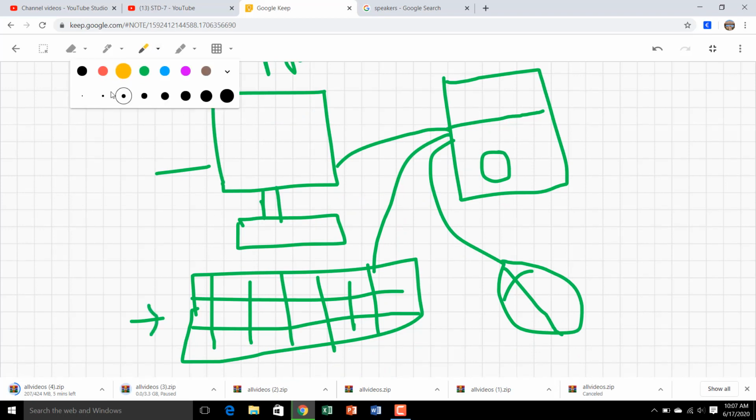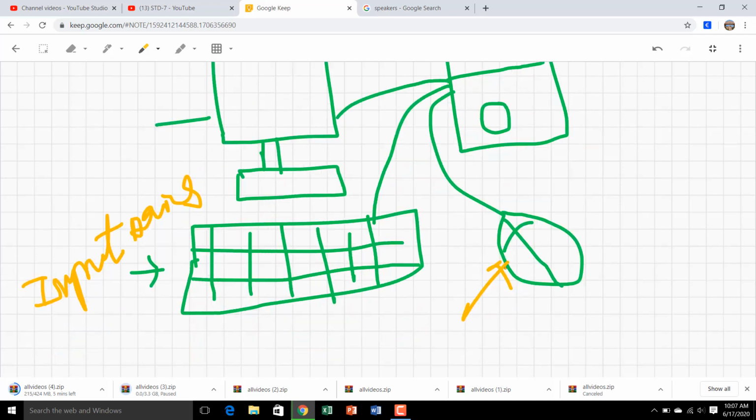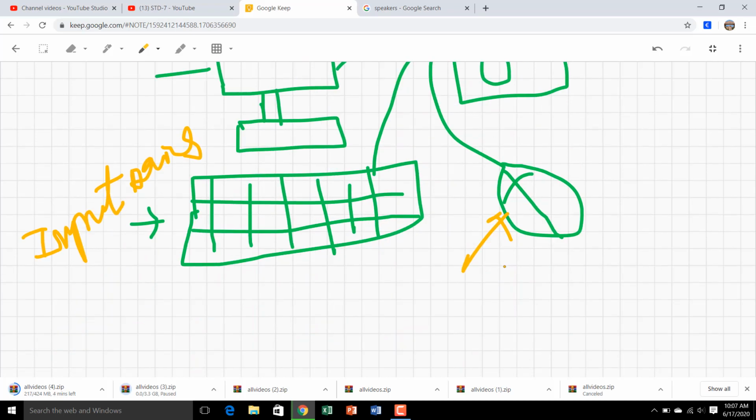An input device means you can give some command or data to the computer for processing.